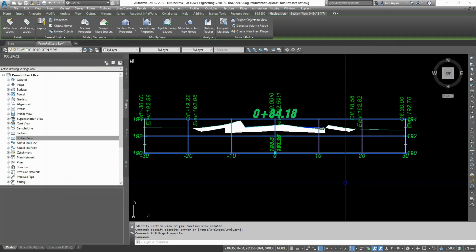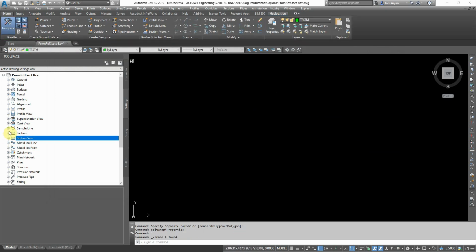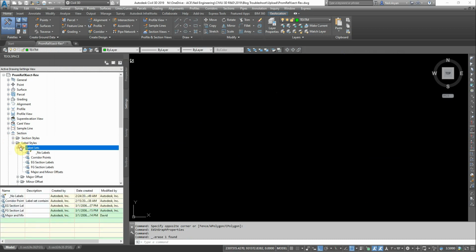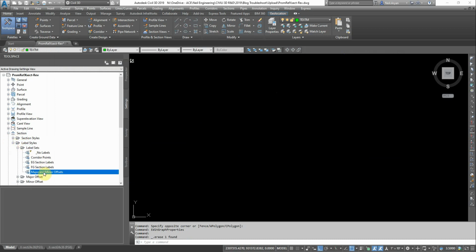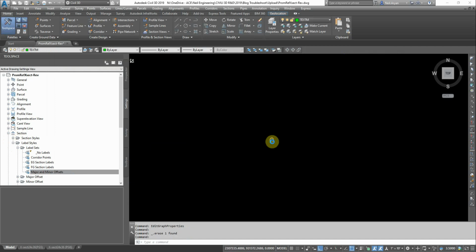I'm going to delete this section view here. I'm going to expand the section, expand this label styles, and expand the label set. Select this major and minor, right click, edit, and take off this minor and major label style. Apply. Okay. So now we have successfully taken off the label set which was reflecting through the major and